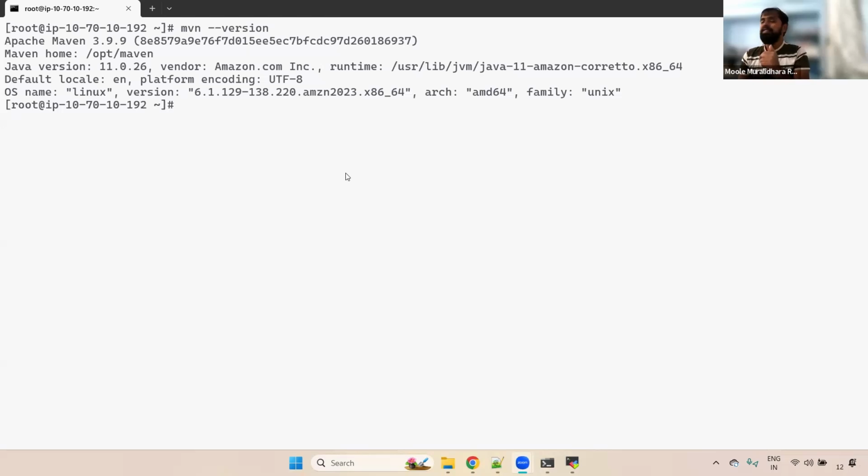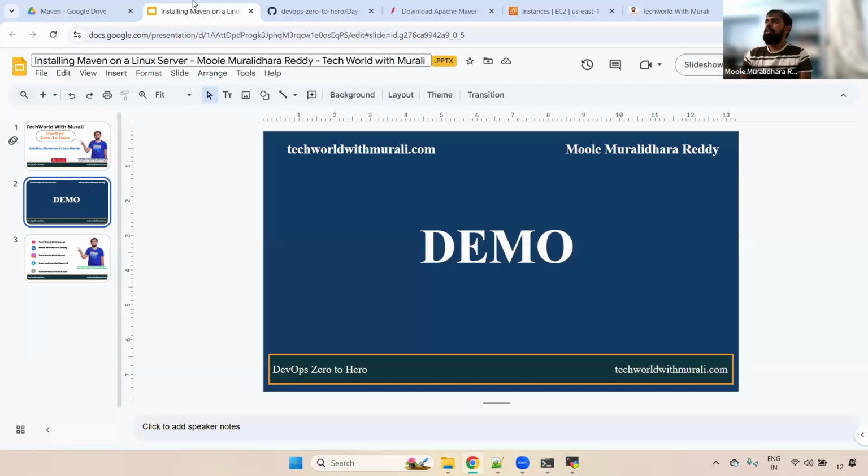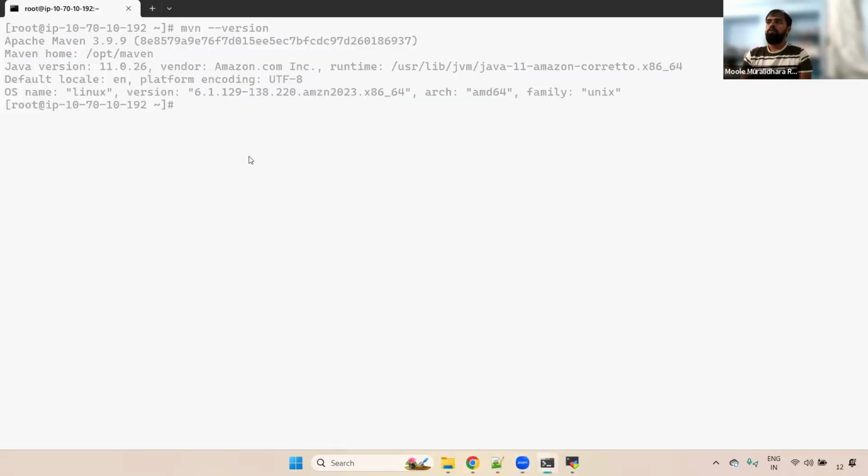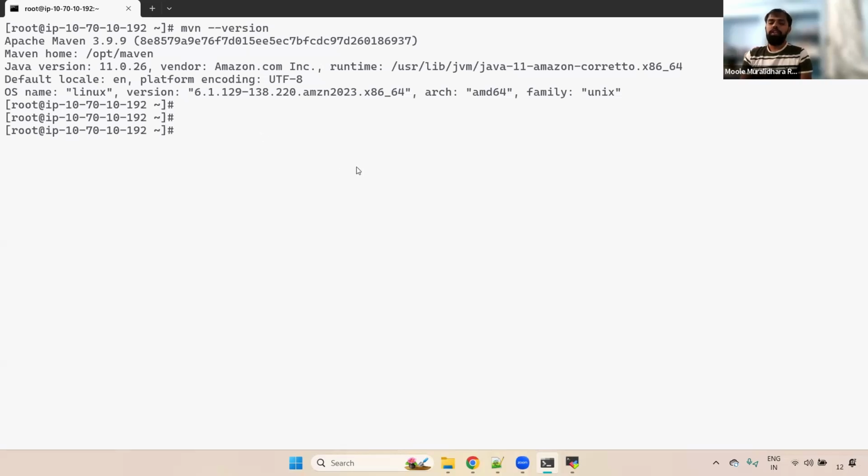And one more thing: sometimes some of the people, when they are trying to install, after doing that source command and everything, when they run mvn --version, they may not get the Maven output. It is still showing command not found. You may think, hey, Murli said whatever process I have followed, but still it is showing mvn command not found. So then what you have to do, first, you can use the echo command to check whether the particular